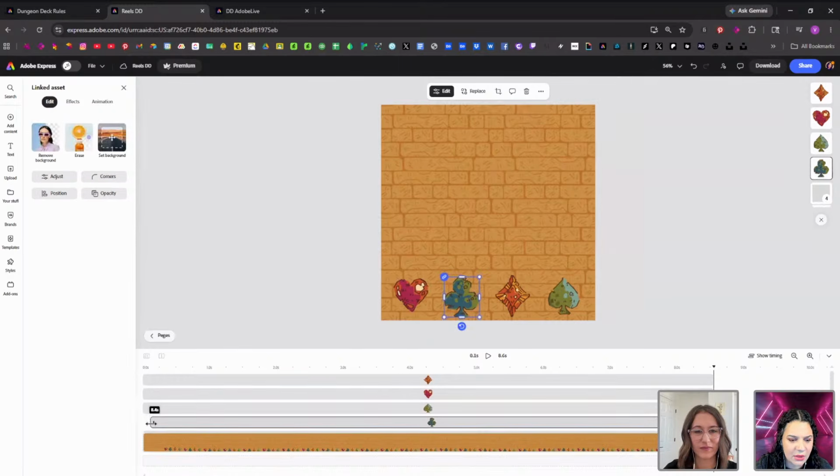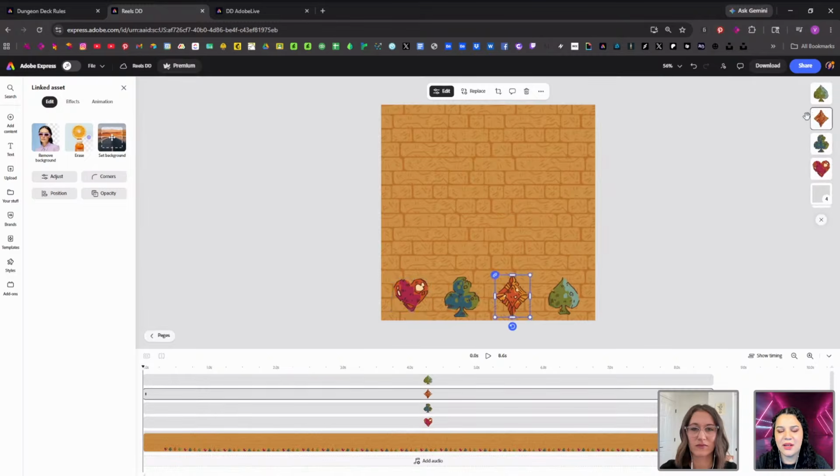So what I'm going to do is stagger these. Let's see. I want to make sure that our order here aligns with the order that they're in there. This is a tip for you guys if you're ever working with elements and animating in Adobe Express and you want everything to be ordered on the timeline that you're editing the same way that you're seeing it.